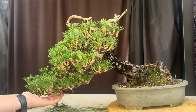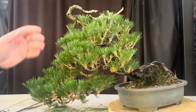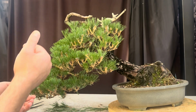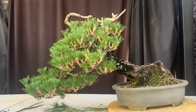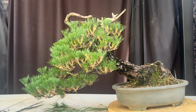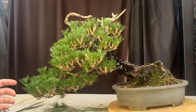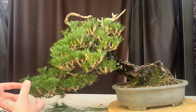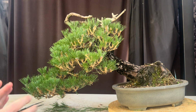I'm just going to work my way from this branch, the lower cascade branch, up, and see if I have to remove anything. Sometimes there's really long bits of growth. Maybe I can replace it with a smaller one closer in, things like that. I have to work out what could be removed and so on. So really now it's a very slow process of going through the whole tree and starting to wire up and position. I'll show you the progress as I go, but it's more important to understand the actual steps that I took. Needle pluck, bud select, take the wire off. Now you can go in, rewire, reposition, things like that to get it looking perfect, and then it's ready for a nice